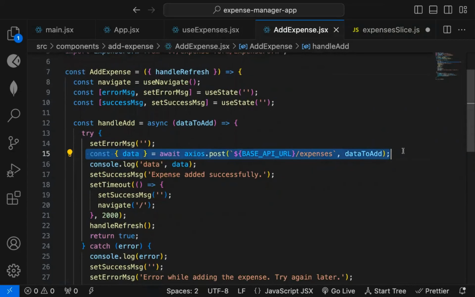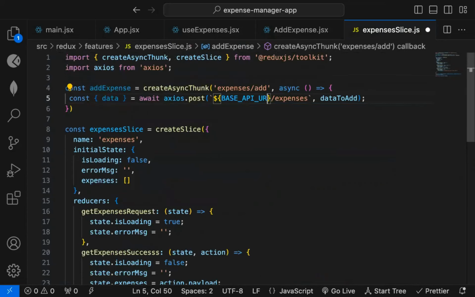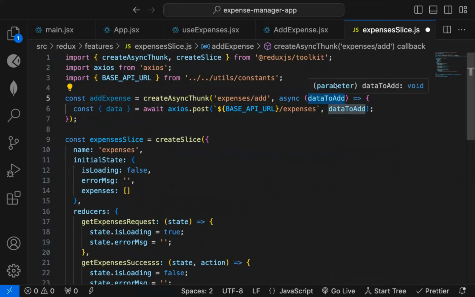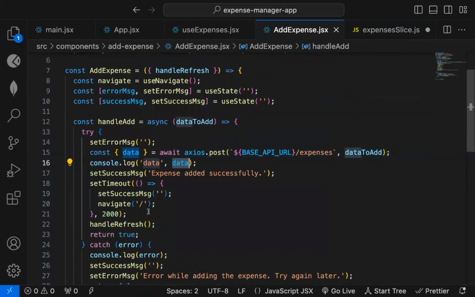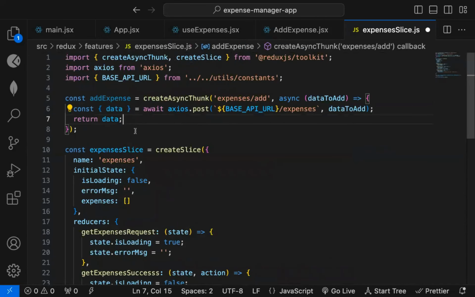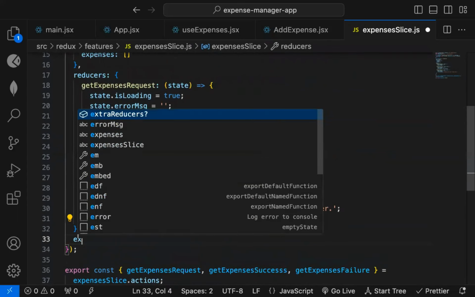So this is the API URL, and the data to add. You will get that here as data to add, so that is the args. Now you need to return this. Here we are directly setting this data, so you actually don't need that data, but still you can return it. You need something to be returned. Even if you don't return it, undefined will be returned, so there is no issue. Now we can add this addExpense inside extraReducers